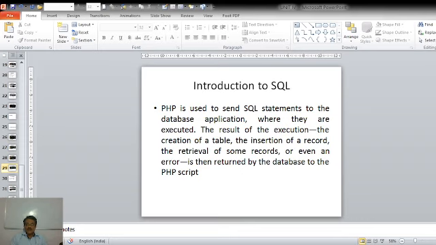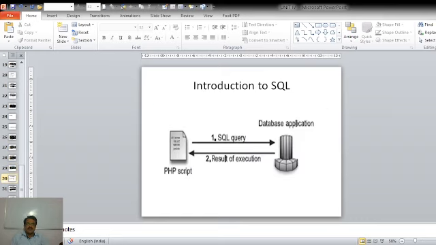Means in our PHP script, whenever an SQL statement is encountered, PHP will send that SQL statement to the database, and the database will execute it, whatever the operation may be, like creating a table, insertion of a record, or retrieval of certain data, or even an error. Then the database will return that result to our PHP script. Let us understand this with the help of an example.